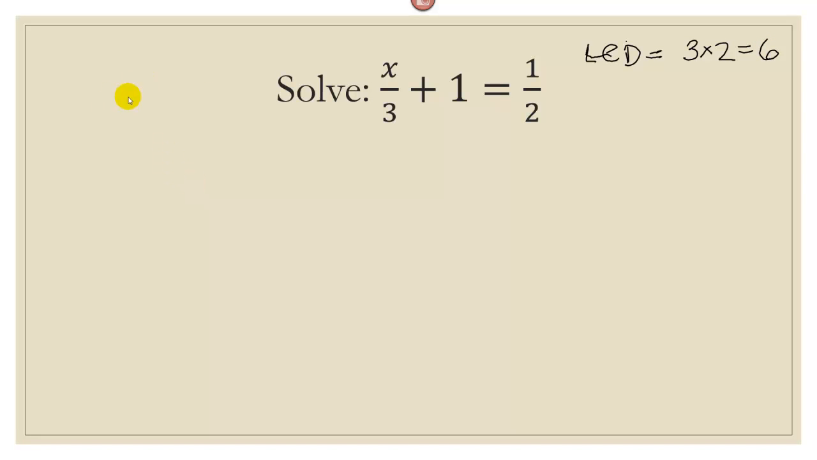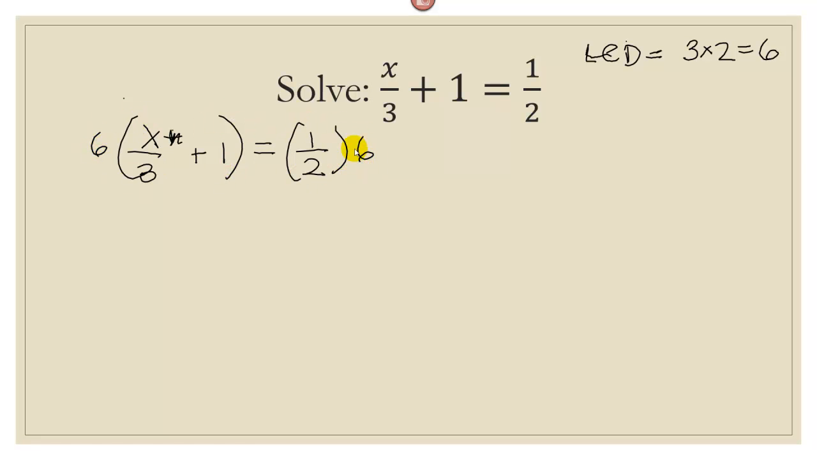So let me rewrite the equation. We have x over 3 plus 1 equals 1/2. Let's multiply both sides by our LCD, which is 6. Now we need to distribute the 6, and that gives us 6 times x over 3. Well, 6 divided by 3 is just 2, so we're left with 2x. Next, 6 times 1 is just 6,